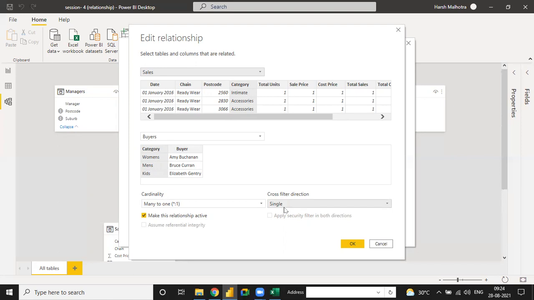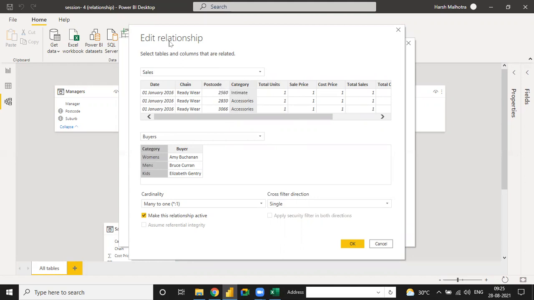So what is the meaning of single and what is the meaning of both? Listen, when you are making the visualization in the report view and you have to make one slicer for buyer as well as sales, suppose you work only on the basis of the buyer slicer, then you use single. If you create a slicer on the basis of two, it will automatically change the buyer as well as the sales, so you have to connect both. So these are the kinds of cross filter we have.